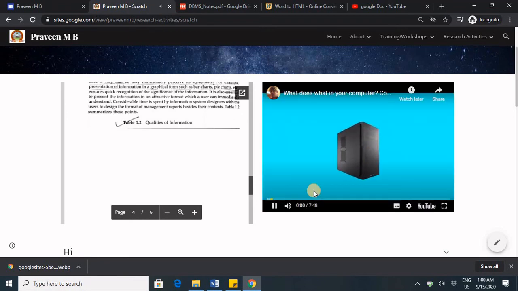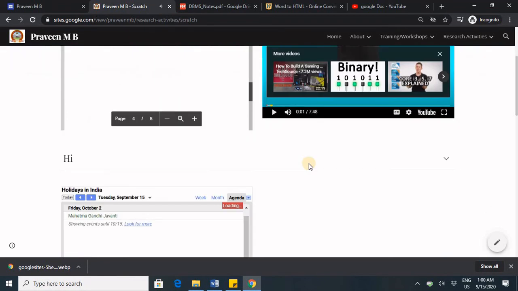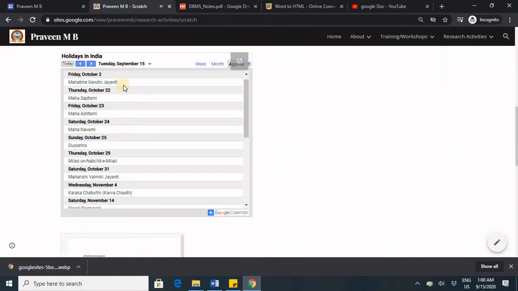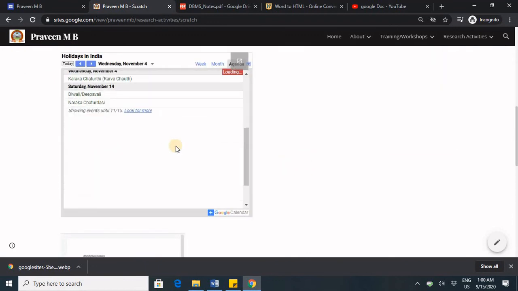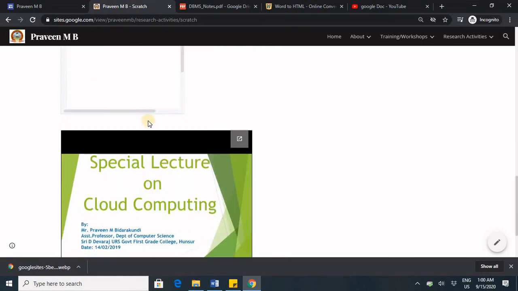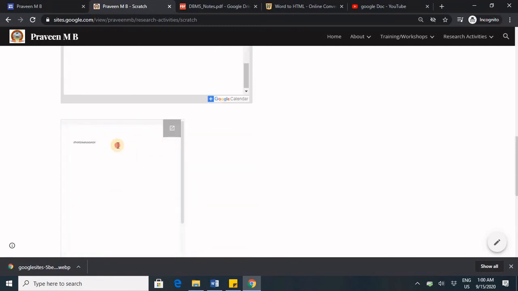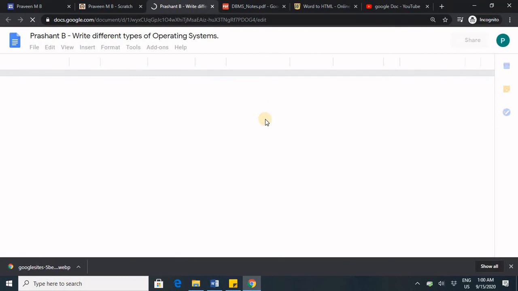It's playable if you work with computers, and even the calendar is visible, and this is document. We have made it a small size. If anyone wants, they can just click on this and open a document.